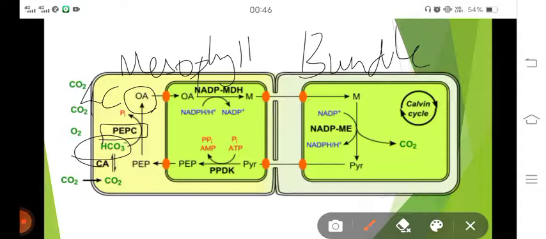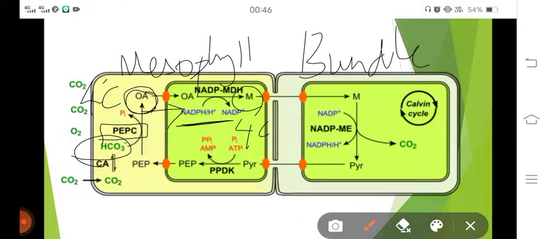This oxaloacetic acid will be converting itself into malate. That means this oxaloacetic acid present in the cytoplasm will now enter into the chloroplast of the mesophyll cells. There, the oxaloacetic acid is going to convert itself into malic acid. Malic acid is also a 4-carbon compound. Here, it is utilizing the energy formed in the light reaction, NADPH. So here the enzyme will be hydrogenase.